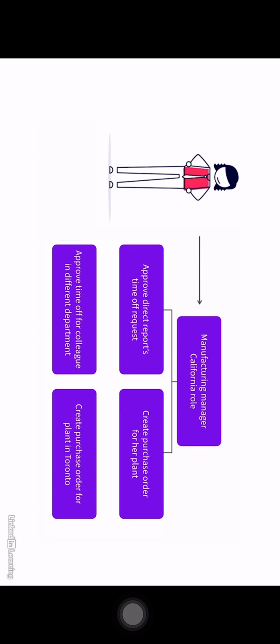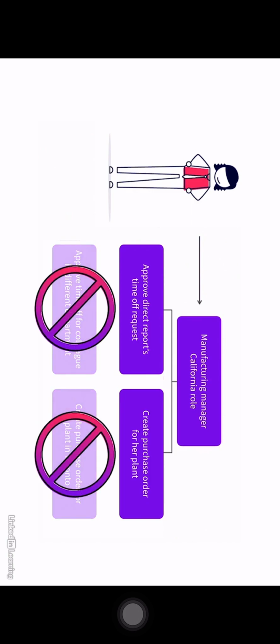Because her security role is mapped this way, she is denied access when she tries to approve time off for her coworker in the accounting department. The role she is mapped to does not show her coworker in accounting as one of her reports, so access is denied. Similarly, when she tries to create a purchase order for a plant in Toronto, her request would be